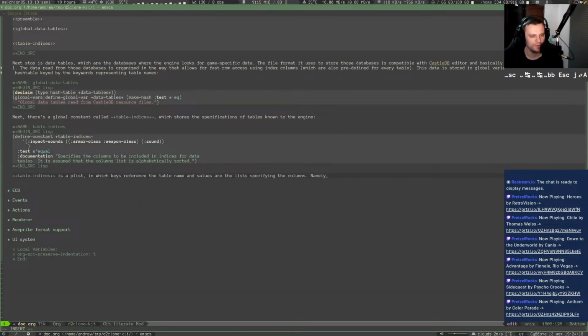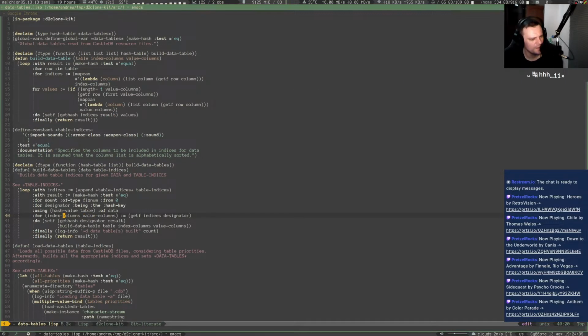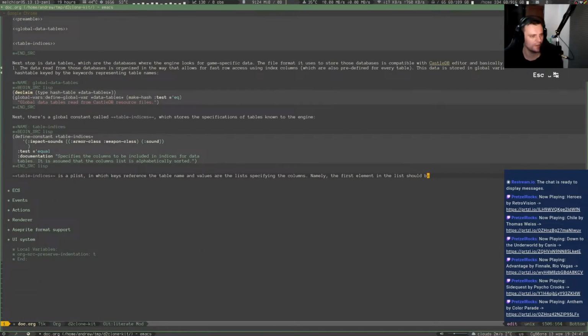Right, so namely, the list specifying the columns. The first element in the list should be... oh, and by the way, should that be list? It looks like it should be list, right? So let's have a look: index columns and value columns. Index columns, indices mapcan. Yeah, I'm using a mapcan here, so it should be list, and then value columns, also mapcan, also list. Okay, so the first element in that list should be